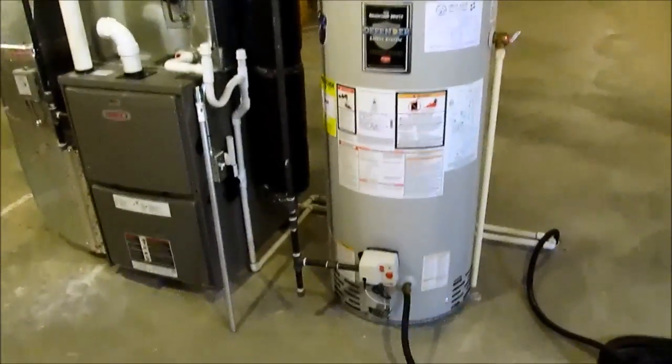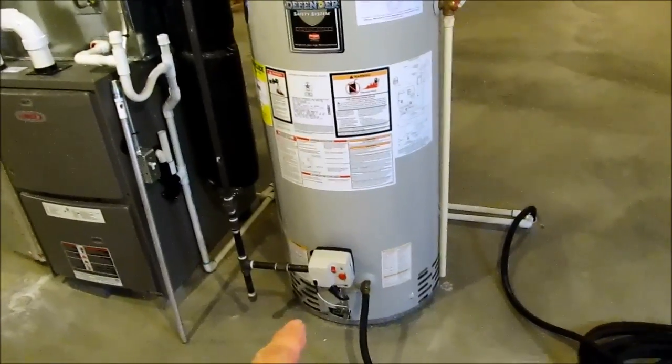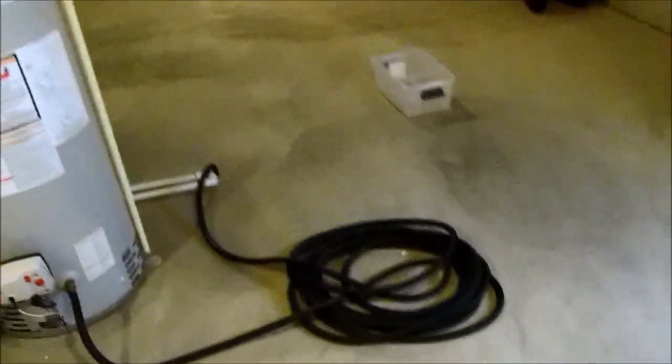Alright, this is what we're working on today. I gotta change a gas valve because it's not keeping temperature. I gotta change the anode rod. Where'd my rod go? Oh, there it is. This one is sometimes Bradford